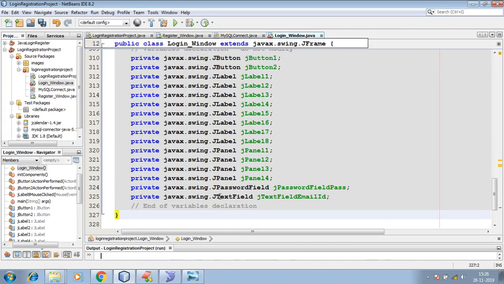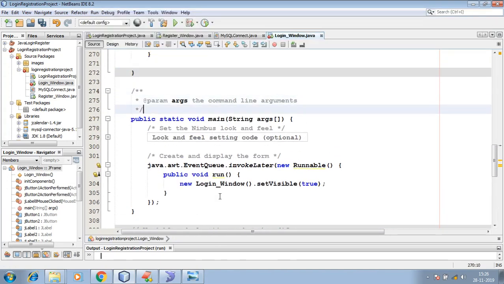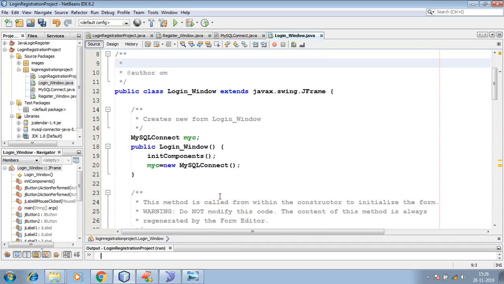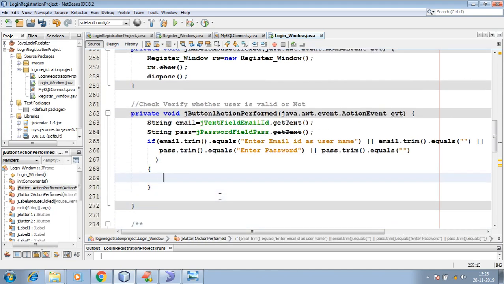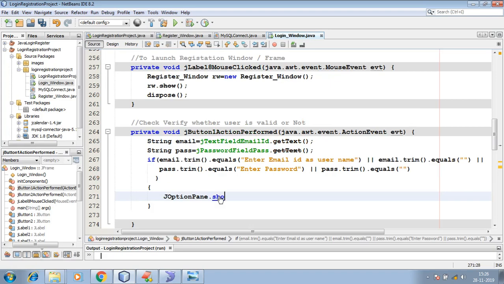Now after this, where is that? Okay, MySql connect MySql. I got MySql reference. Now I can get the connection, and here I can perform J option pin dot show